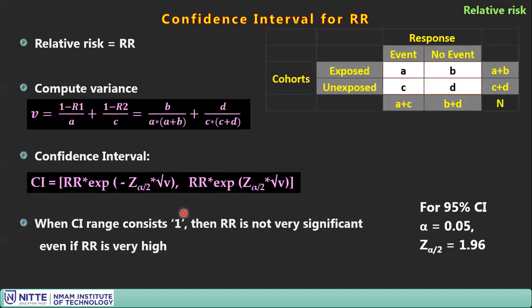What does this mean? Now let me assume that you have got a relative risk equal to 4. That means you are having a relative risk of 4 times for exposed compared to the unexposed, right? So that's good. What if this confidence interval has a lower limit of 0.5, or any value less than 1, and an upper limit of 5? Within this, the relative risk you said, 4, is existing, fine.